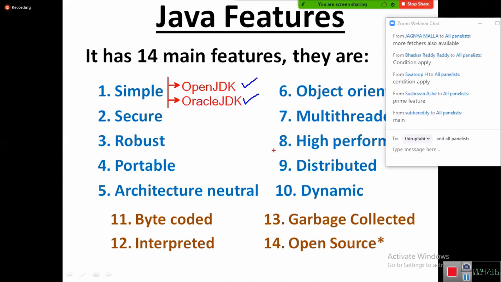That's it. Then what is the difference between Open JDK and Oracle JDK? This is open source and that is commercial. Then what is the difference? All features of JDK are not given to Open JDK. All people know that if any software is given for free as open source, not every facility will be given.